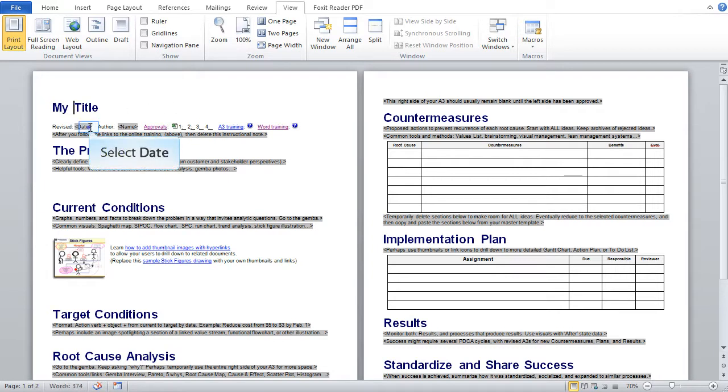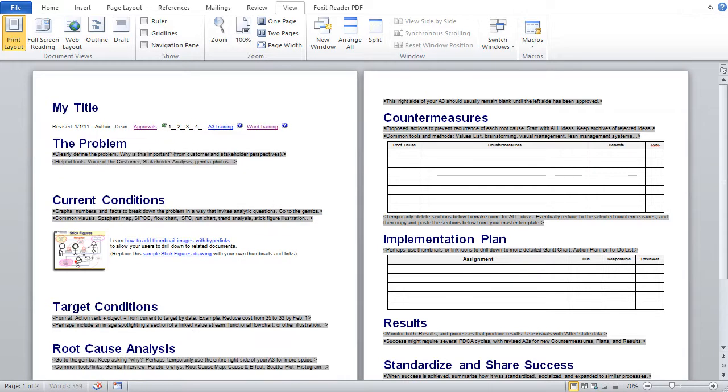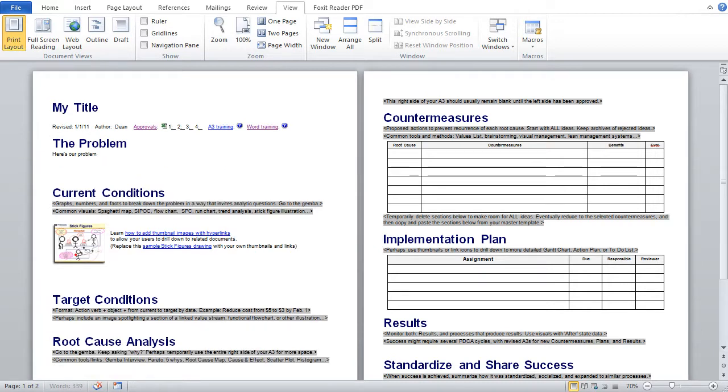Now let's select the help text for date and replace it with a date. Select the help text for author name and replace it with a name. It's that easy. In this way, your Word templates give you plenty of useful help that then goes away when you no longer need it, leaving a nice, clean, finished document.